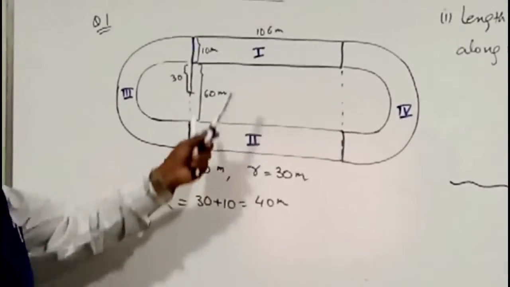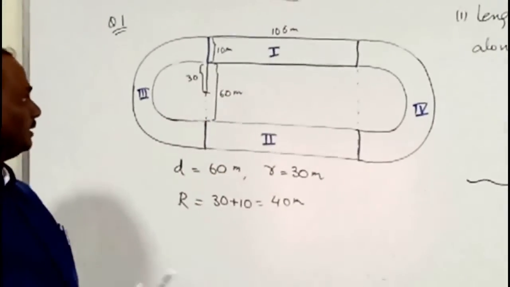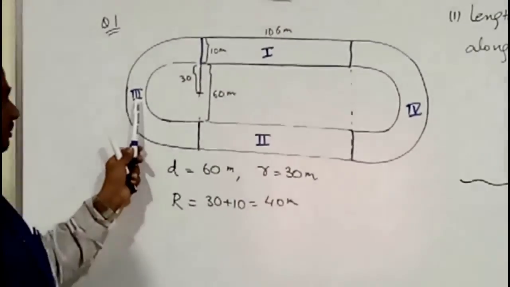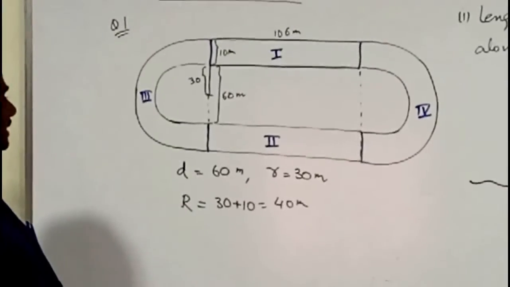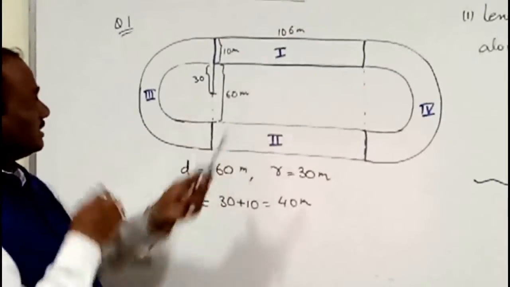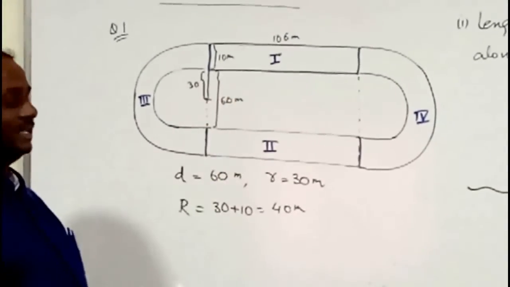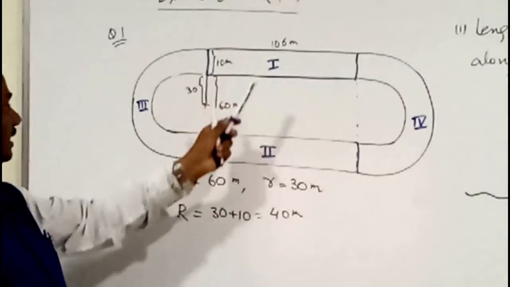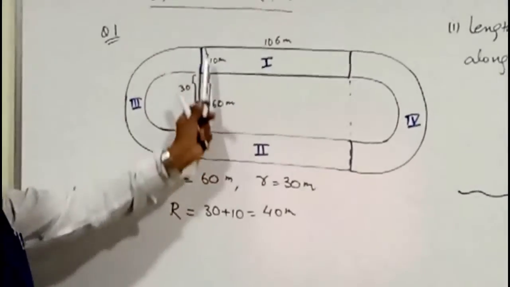तो अगर एरिया ऑफ ट्रैक निकालना है तो पार्ट 1 के एरिया को 2 से मल्टीप्लाई करेंगे तो 1 और 2 साथ में आ जाएगा, और पार्ट 3 के एरिया को 2 से मल्टीप्लाई करेंगे तो 3 और 4 का फिगर साथ में आ जाएगा, इनको ऐड कर देंगे तो अपने को एरिया ऑफ ट्रैक मिल जाएगा। जहां तक एरिया ऑफ पार्ट 1 का सवाल है, ये लेंथ है, ये ब्रेथ है, तो एरिया ऑफ रेक्टेंगल इज लेंथ इनटू ब्रेथ। 2 का भी वही आएगा। 3 का एरिया निकालना है तो बाहर वाले सेमी सर्कल के एरिया में से